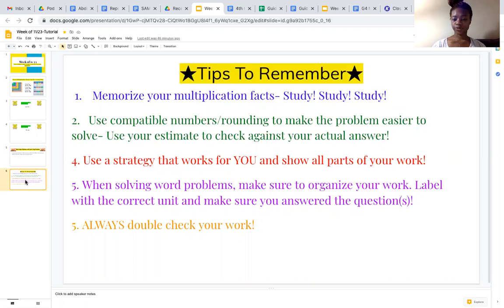And when solving word problems, make sure your work is organized, that you label and that you use the correct unit. In that problem, we were talking about offices, so the answer should say X number offices. And finally, always